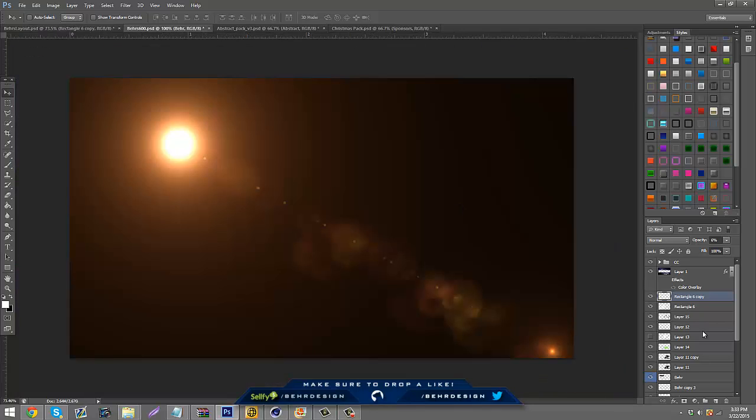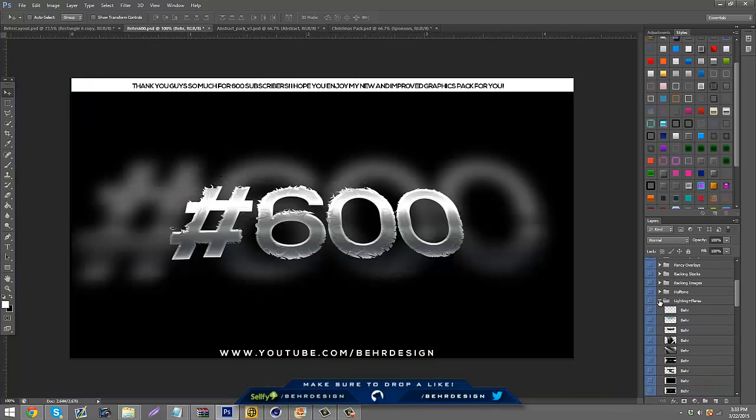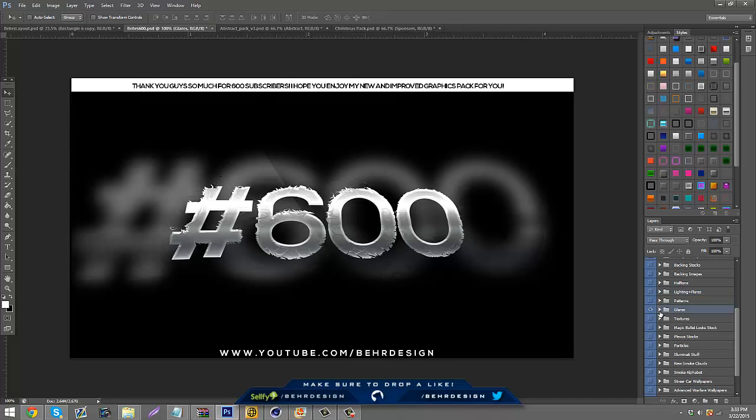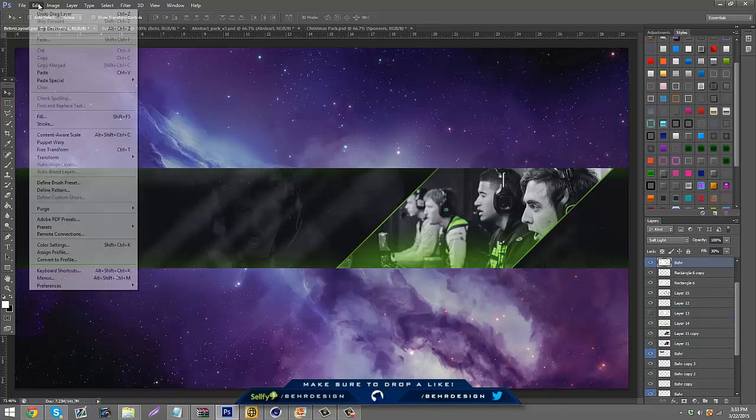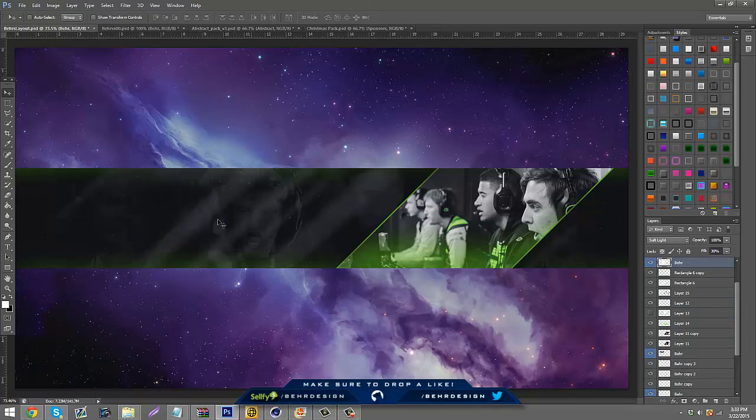Alright, and then you can go back in our pack and go get a glare. If you guys haven't seen, I made a tutorial on this, but they're easier if they're just in the pack. Just drag this in. And I'm just going to rotate this horizontally and put this in the middle a bit. Now that you have that, you guys can really start messing with opacities, but I'm just going to keep going.